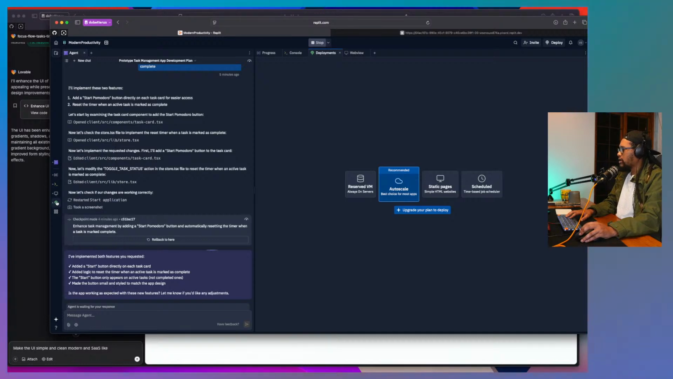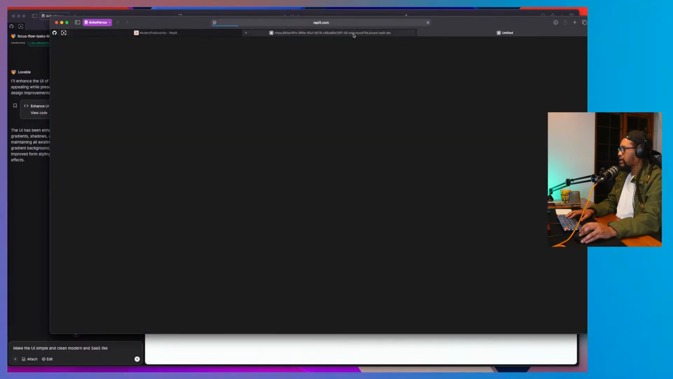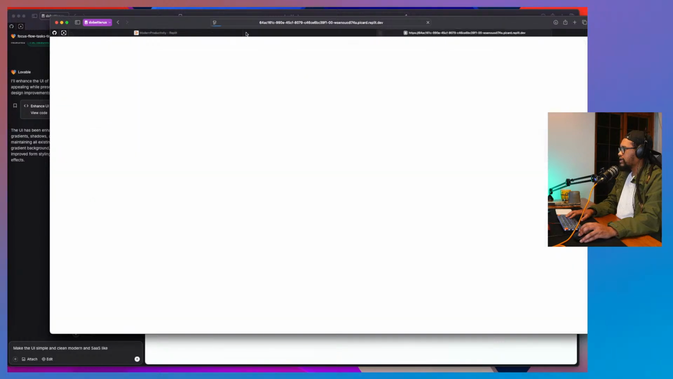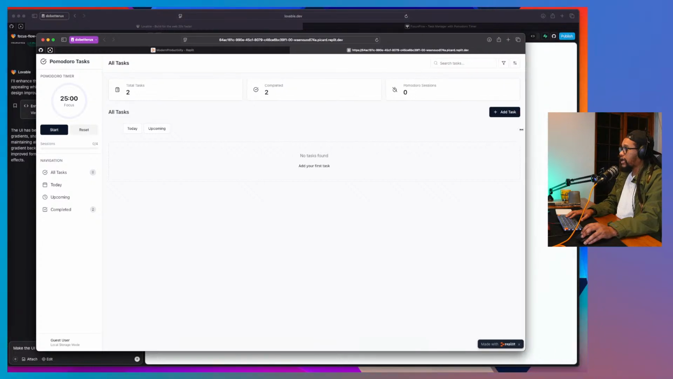So yeah, that's us vibe coding today. I think I will leave it here. I think I'm pretty happy with my two Pomodoro apps. If you'd like me to share any of these with you,